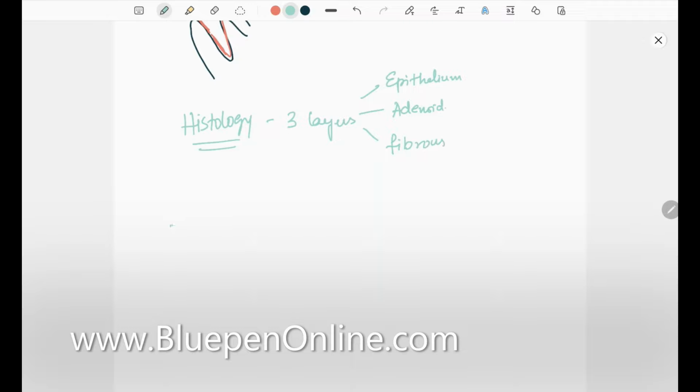The outermost layer of the conjunctiva is the epithelium layer, and this epithelium layer consists of small goblet cells. About 20% of the epithelium consists of goblet cells, which are responsible for the production of mucin. And the type of epithelium that we see in conjunctiva is